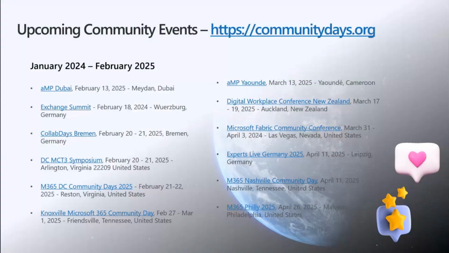Now, on top of this, there are a lot of different conferences and events happening all around the world. What you want to do is get to the communitydays.org location, and from there you can find all of the different individual locations. Some of these might have a cost, some of them might be free, some of them might be even hybrid, so you're able to join them from your home if you don't want to meet up in person in the different locations. But quickly looking in here, United States, Germany, Dubai, New Zealand, so a lot of different events and conferences happening all around the world, which is really cool.